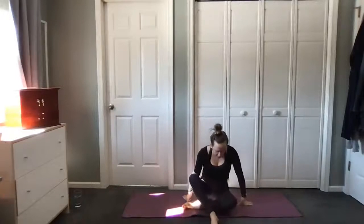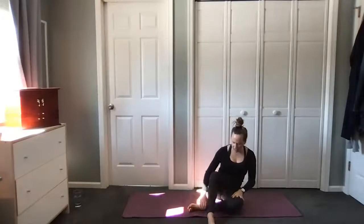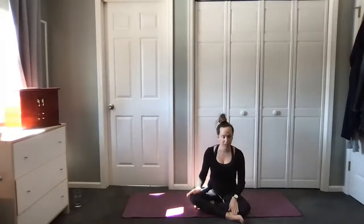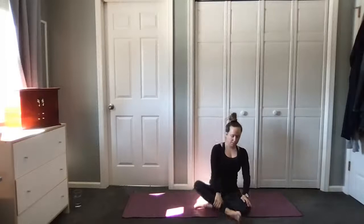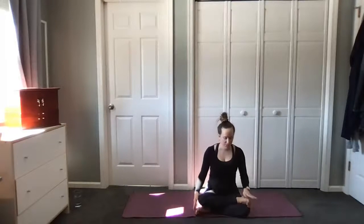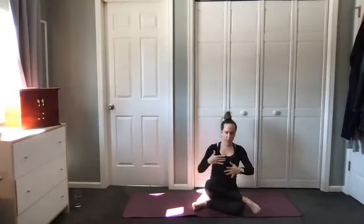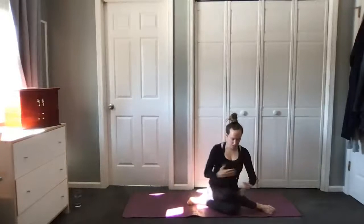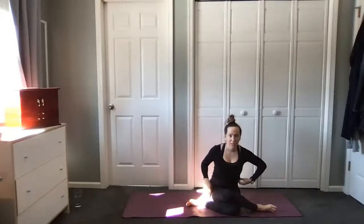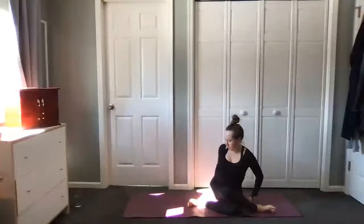So coming to cow face pose, a variation of it. Let's take our left leg on the mat first. And then the right leg can go in front. So just easy pose is what that's called. Or fire log, where you stack your feet and your toes. Or if you want cow face, you just start to wiggle your knees towards each other and your feet go out to the sides. So wherever you are, I want you to take your hands and walk your sit bones